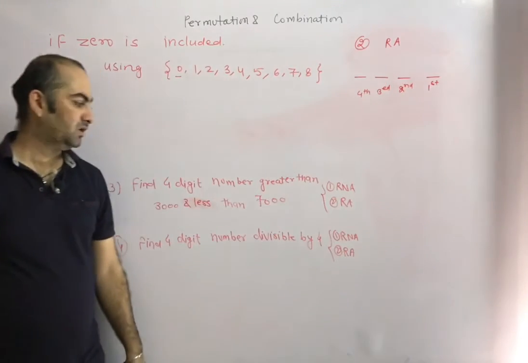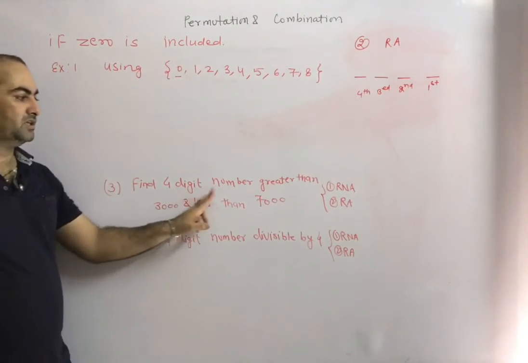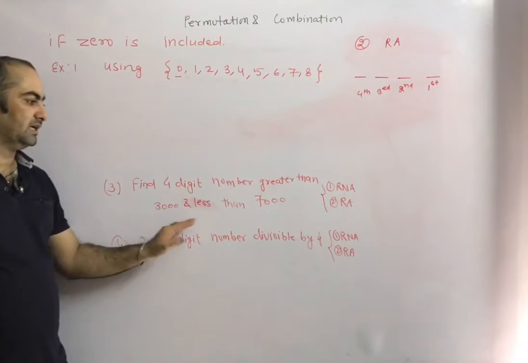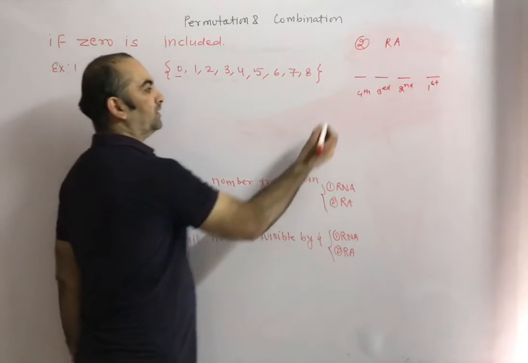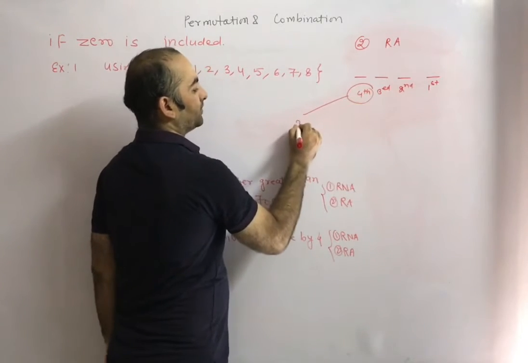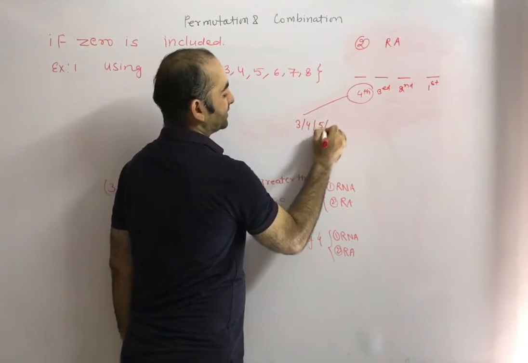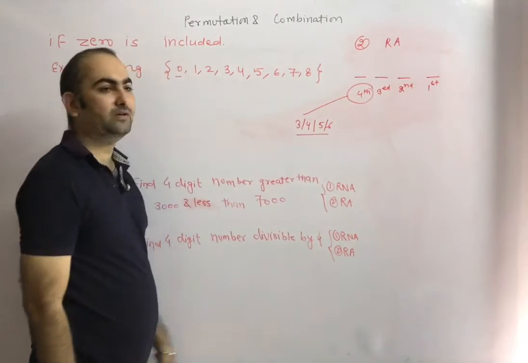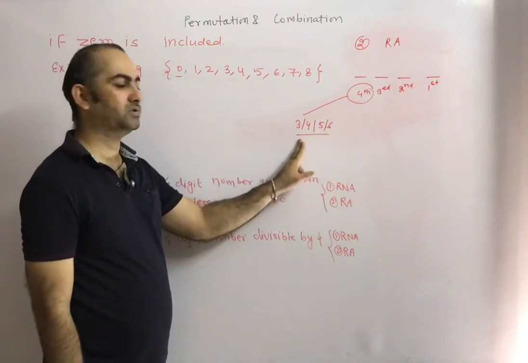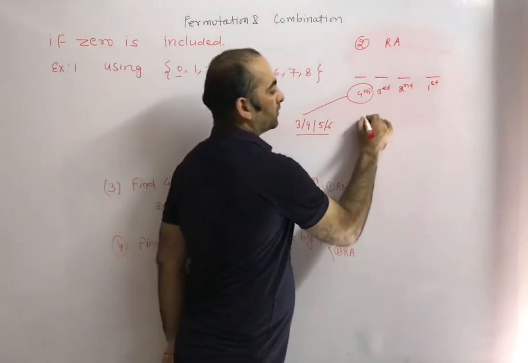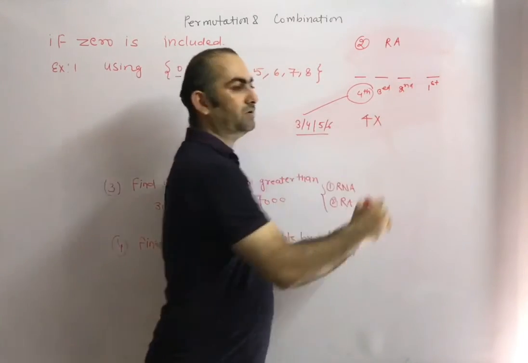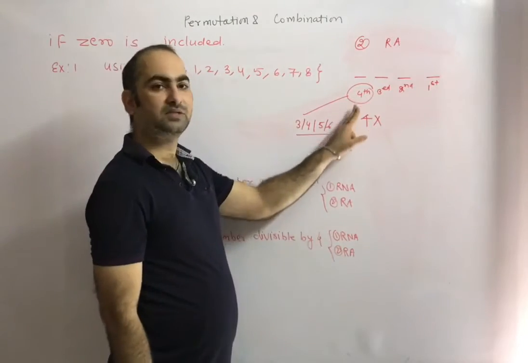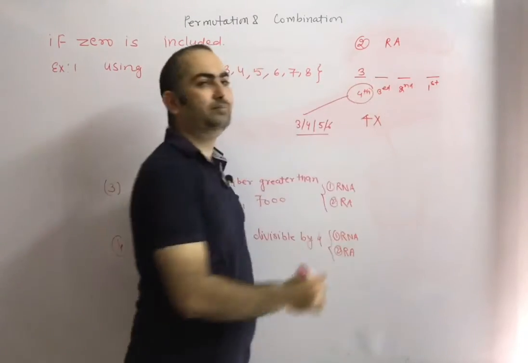Okay. Now here we want a 4-digit number greater than 3000 and less than 7000. So according to this, we can say that at the fourth place we can put either 3 or 4 or 5 or 6. That means for filling the fourth place, how many choices do we have? Only 4 choices. Correct. So what will come? 4. Okay. Your task is over? No. You have to fill the other places also. What will come? Multiplication. Suppose at the fourth place 3 is coming. Okay. And repetition is allowed.